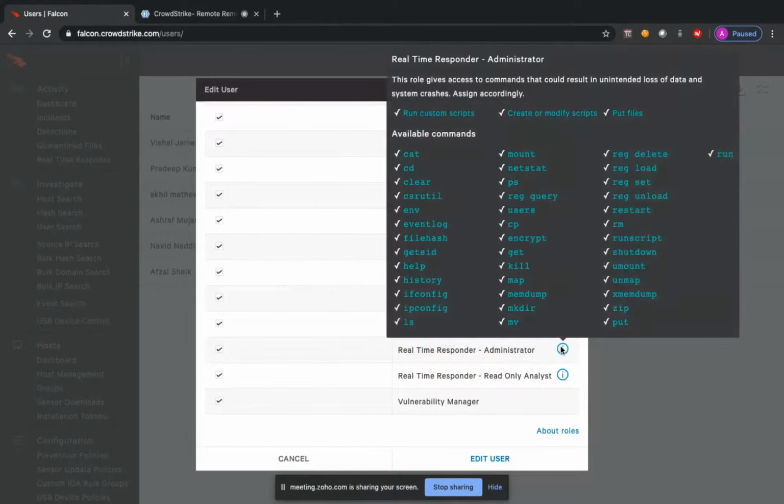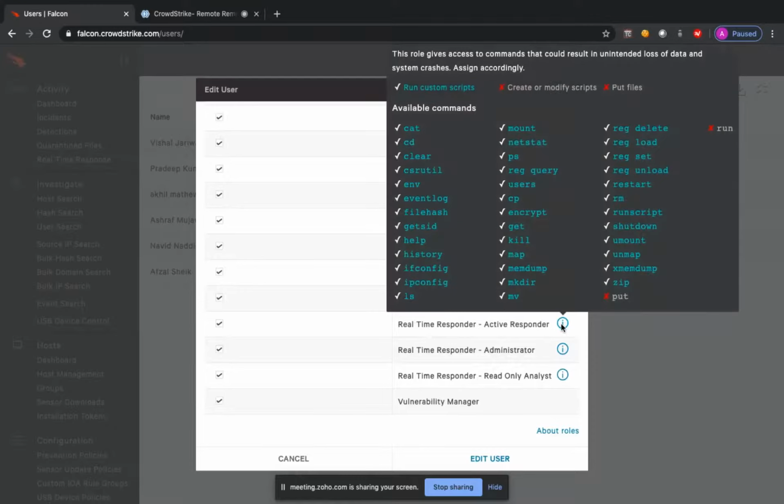Secondly, with the administrator, you have access to everything. You can just upload the scripts remotely to do the incident response. You will have the ability to kill the process. You'll be able to view the registry modifications being made, right? All the history of commands that have been executed, right? All those events can be seen. So these are a couple of commands which you can execute remotely to perform your incident response, right?